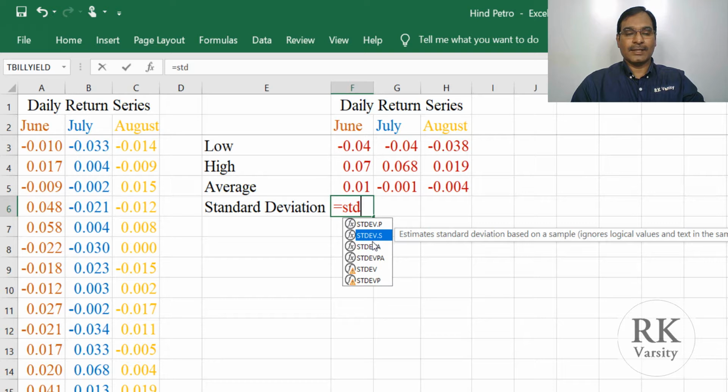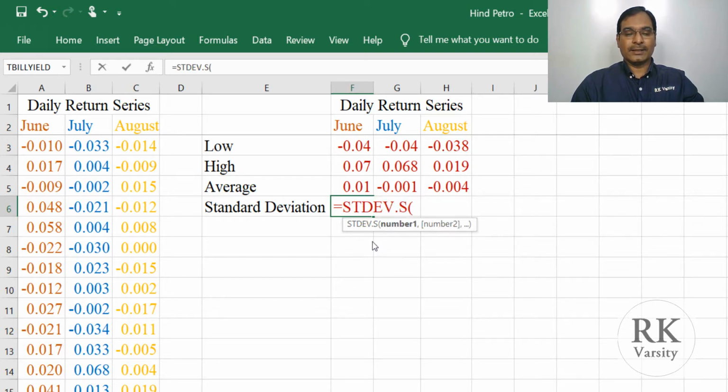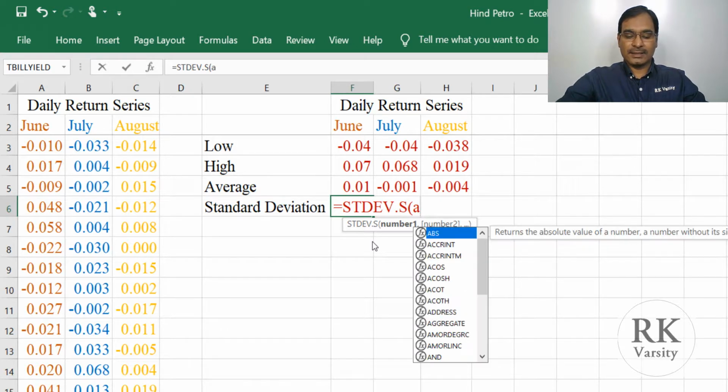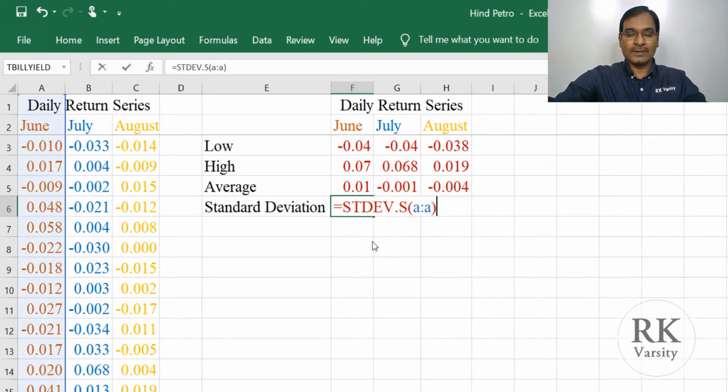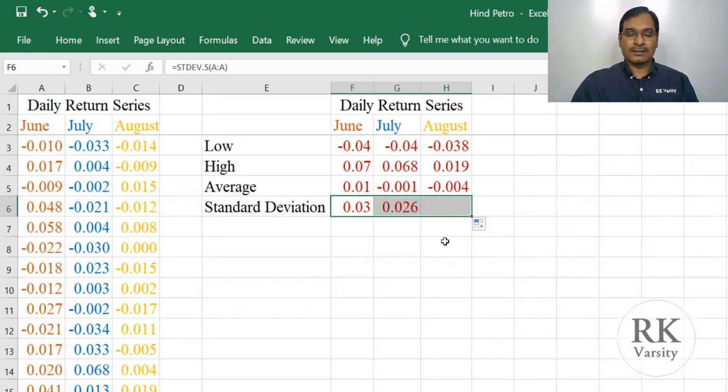So here I am taking STDEV.S and opening the bracket, then selecting the series, that is A:A, closing the bracket, pressing enter and dragging this. So your standard deviation is 0.03 or 3% for the month of June, and 0.026 for the month of July, and 0.013 for the month of August.